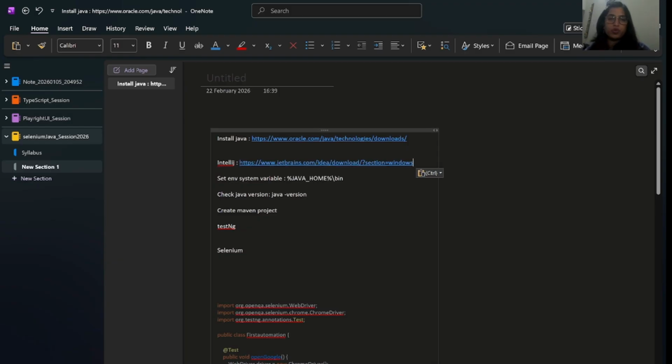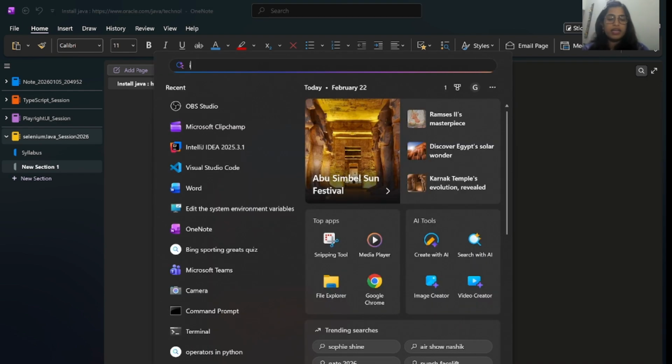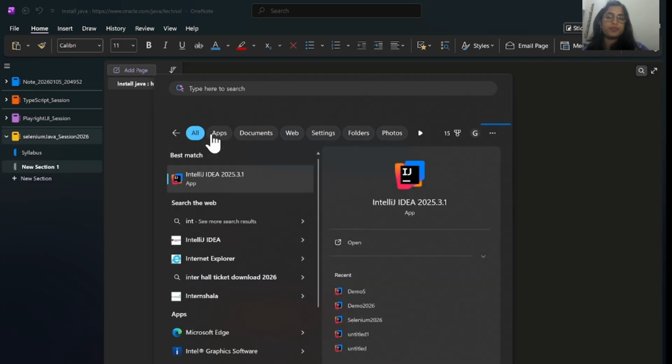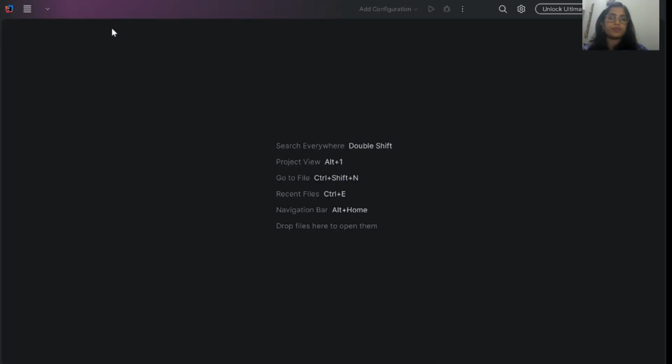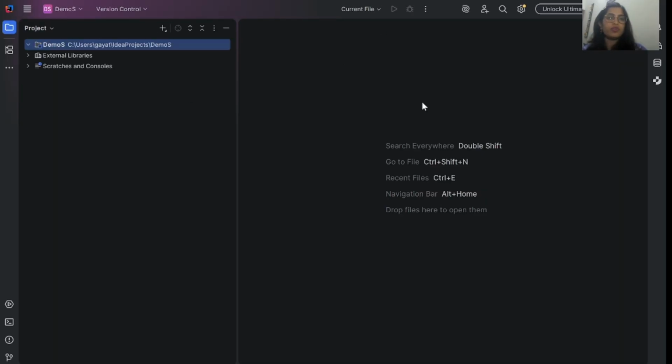Okay. So what we have accomplished so far is that we installed Java successfully, and we also downloaded IntelliJ IDEA in our system. Now let's open IntelliJ IDEA. Here you see a screen like this when you open IntelliJ IDEA, or maybe there is no project in your system.